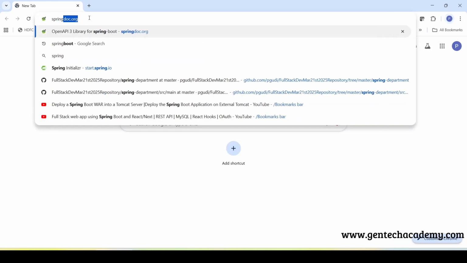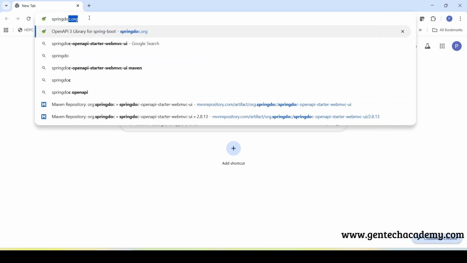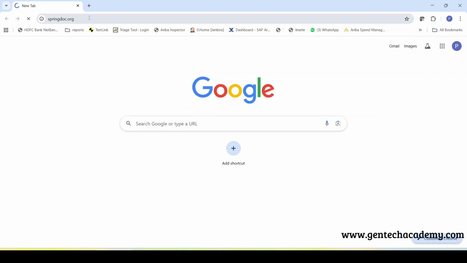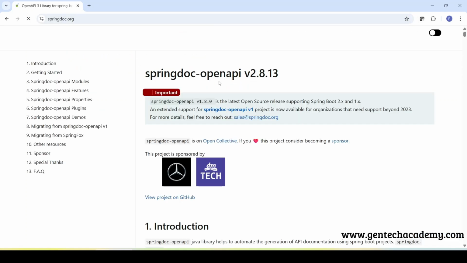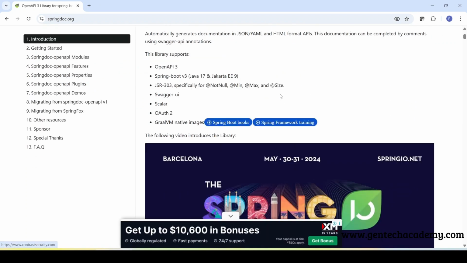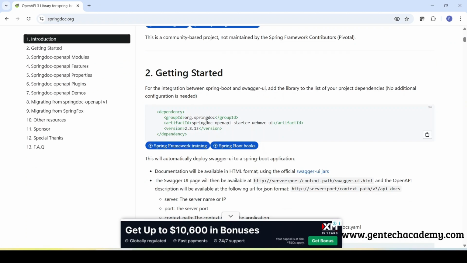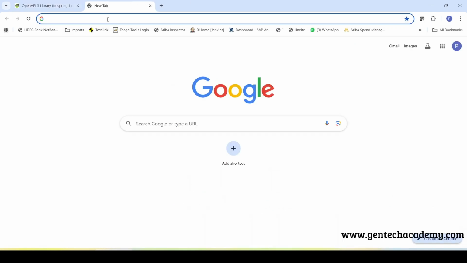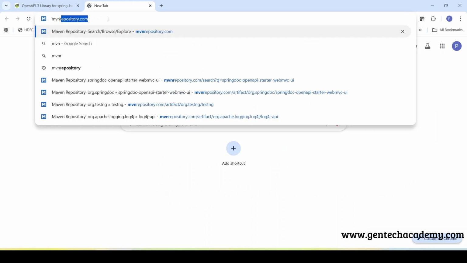Navigate to the URL springdoc.org. This is the official website, spring.openapi. It provides what we need to specify. To make sure whether it is the latest one or an old one, the artifact name, we can go to MVN repository